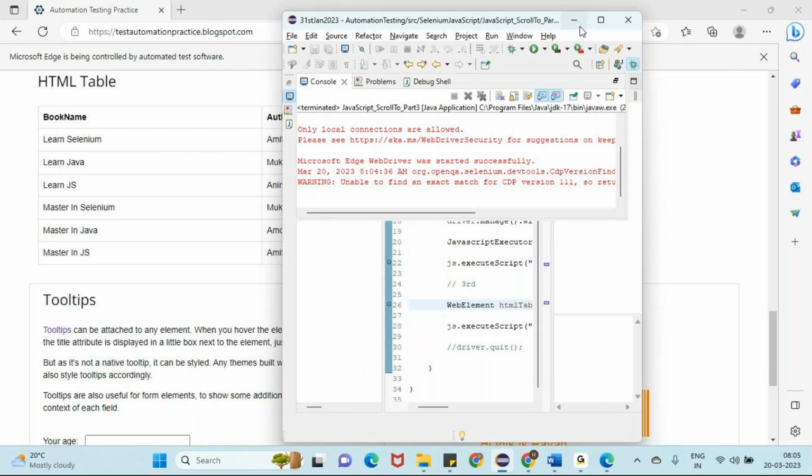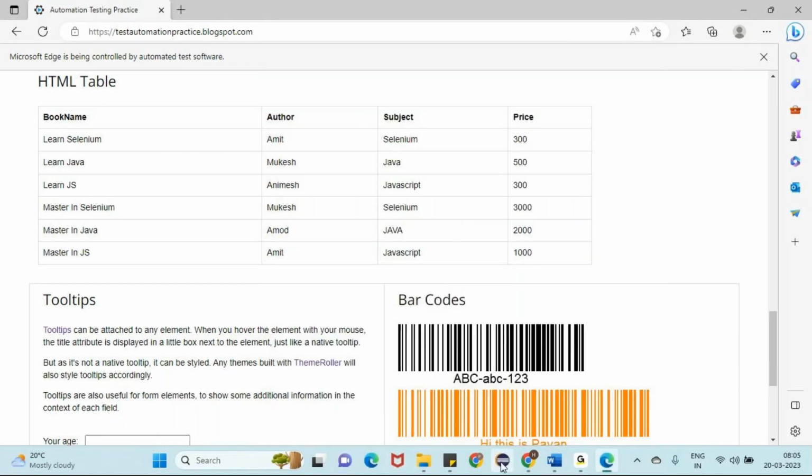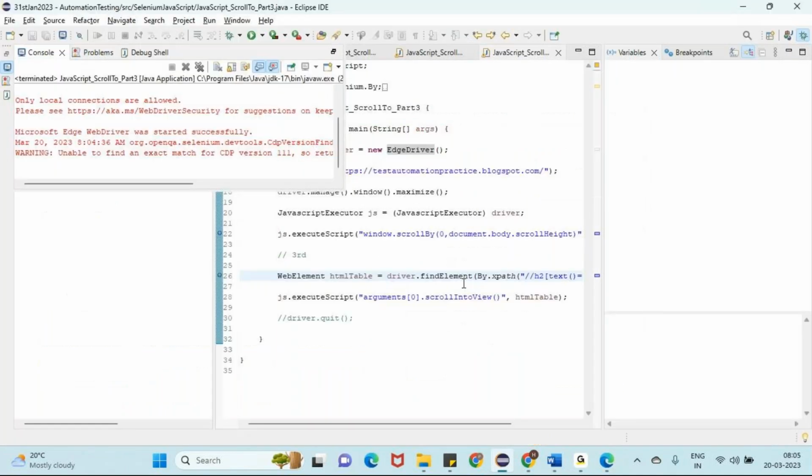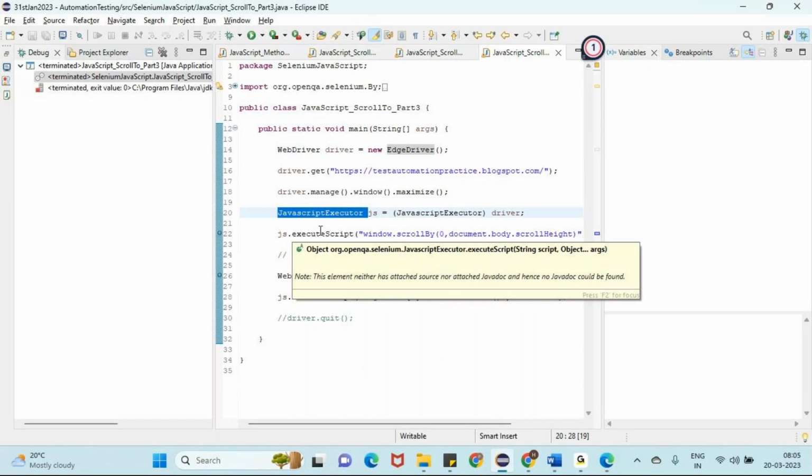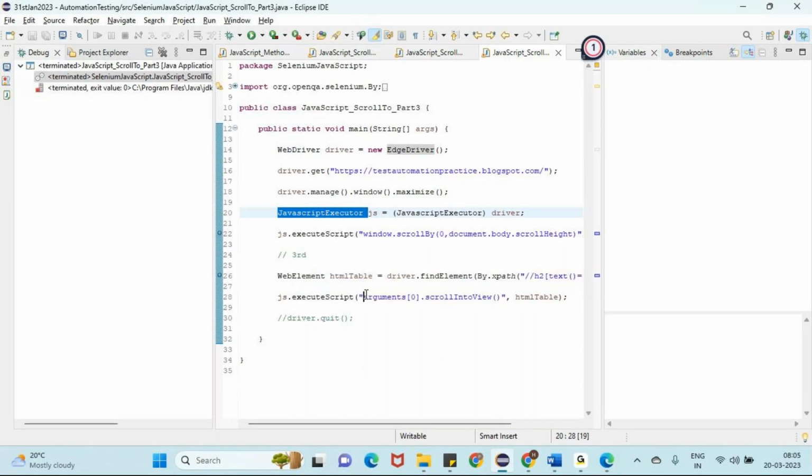Yes, ma'am. So this is a very, very important interview question, Jana. So note this point and remember the code: how to scroll to the respective web element. Actually, in Selenium, we don't have scroll-to methods in Selenium, navigational methods or Actions class methods. If you want to scroll to the respective web element, we should use JavaScript only. First of all, we should convert the driver object to a JavaScript executor object. Later on, we need to use arguments of 0 dot